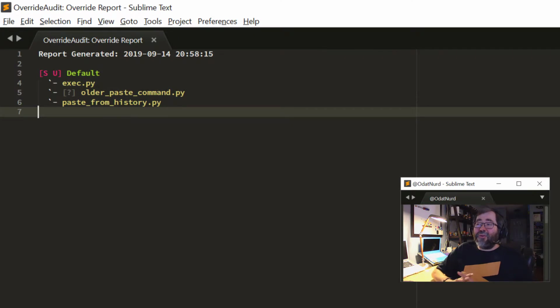And we can see here in my default package, there's a file called olderpastecommand.py that has a question mark in front of it. And that's Override Audit's way of telling me that this package file exists in the unpacked package folder, but it doesn't exist in the shipped version of the package. So maybe this file is supposed to be here and maybe it's not,